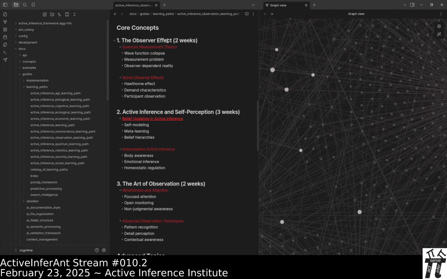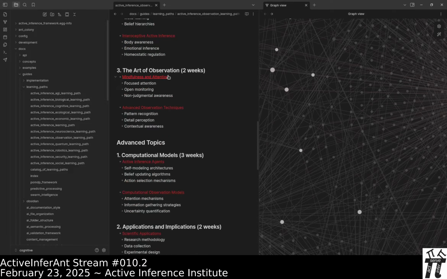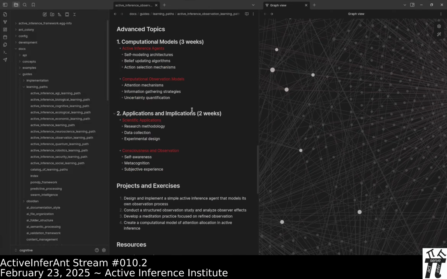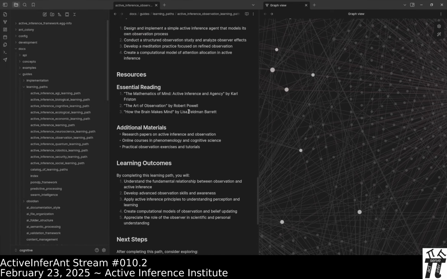Core concepts, observer effect, quantum measurement theory, social observer effects, active inference and self-perception, belief updating, and interoception. The art of observation, mindfulness and attention, advanced observation techniques, oh brother, pattern recognition, detail perception, contextual awareness, advanced topics, computational models, applications and implications, projects and exercises, resources, essential reading, The Mathematics of Mind, Active Inference and Agency by